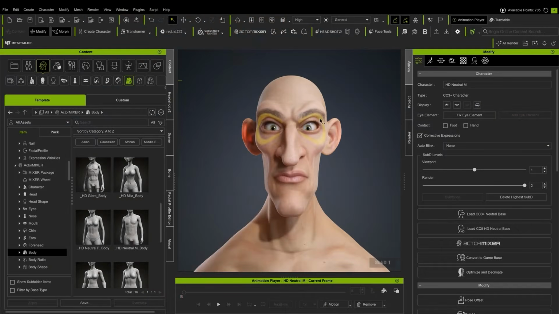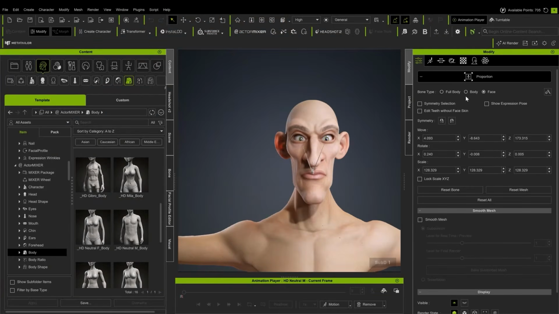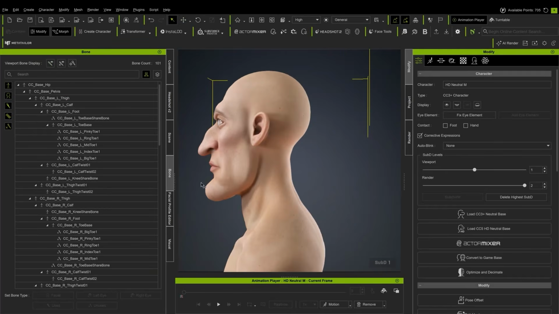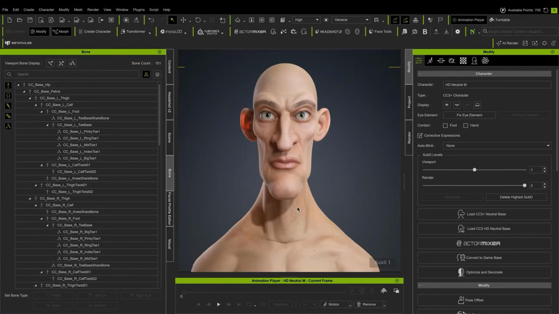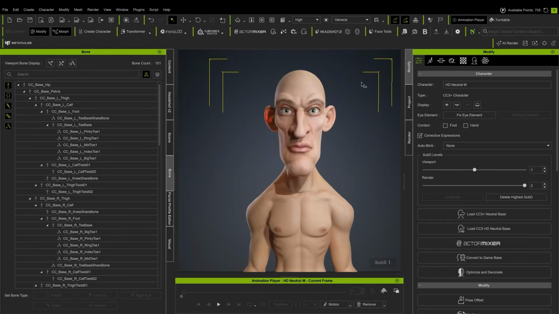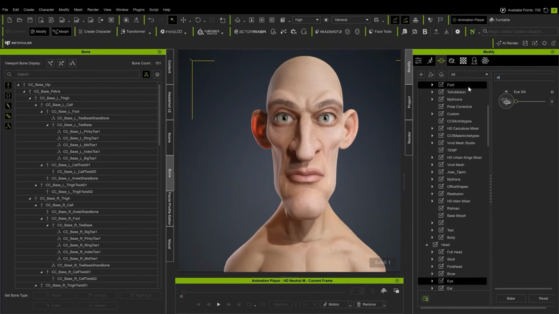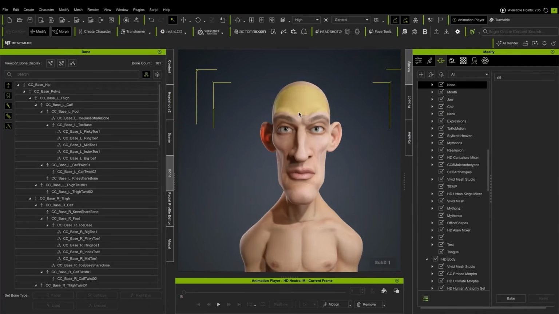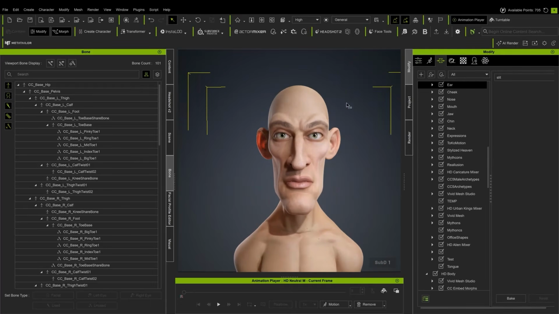At this point I've exited ActorMIXER and I'm in the process of adjusting the character a bit further using Character Creator's tools, such as the morph sliders and the proportion editor. Caricatures are often defined by their larger than normal heads, so I will scale up his head to give him that caricature look. After making some additional adjustments using the edit mesh tools and basic morph functions of Character Creator,